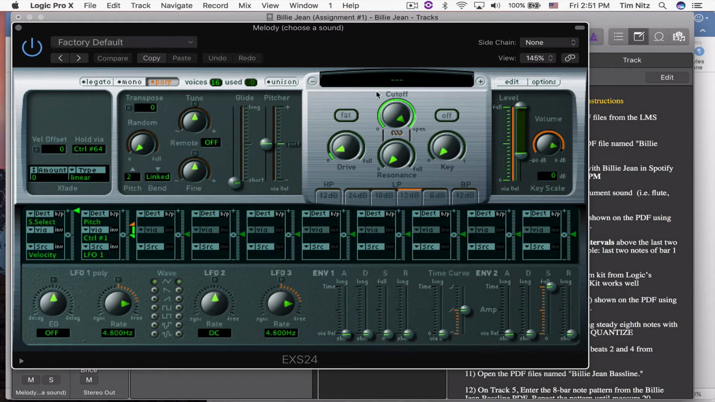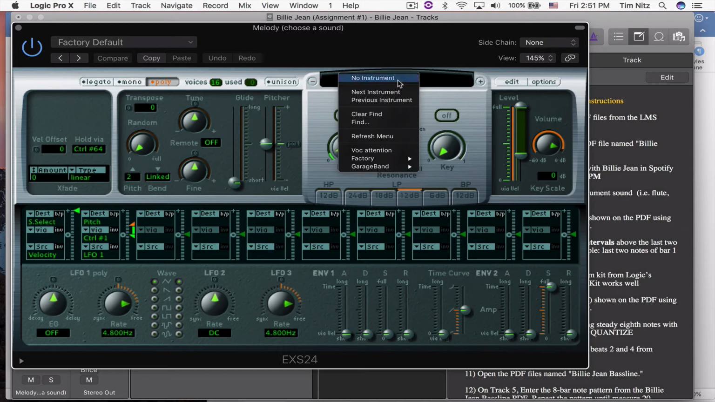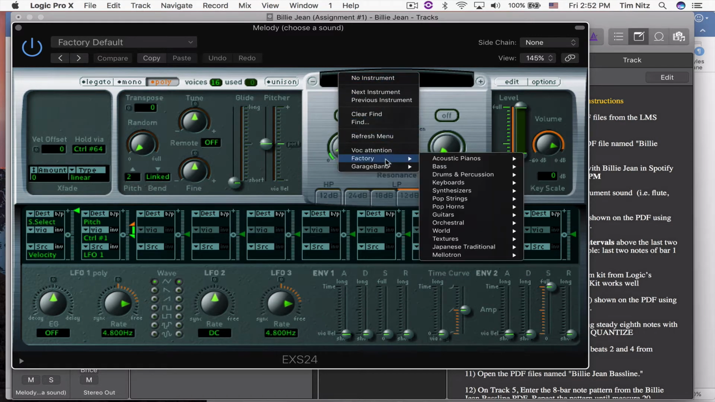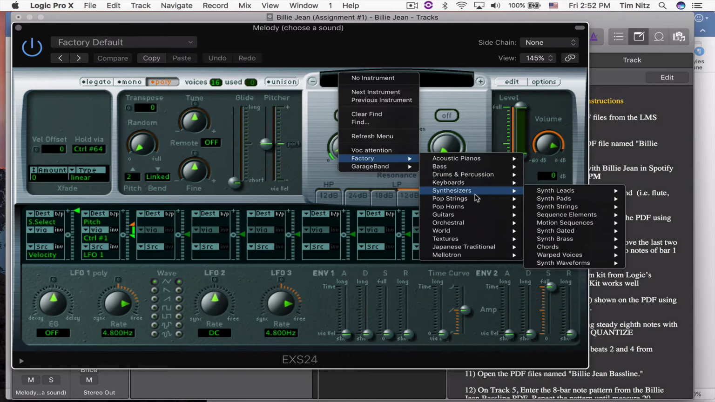We can get through the sounds in this plugin a couple ways. We can go up to this area and click on that, and then go down to factory, and it'll show us all the different banks. And within each of the banks, there'll be subcategories, and then there'll be presets. We can choose sounds that way,